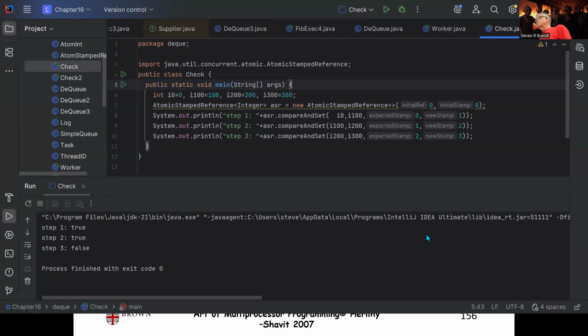And it should say true, true, true, right? First, I change it from I0 to I100, then I100 to I200, then I200 to I300. How can it possibly fail? Didn't I set it to the same exact value? Well, if you're using bytes, then no. But I'm not, right? I'm using ints. See why it would be no, but